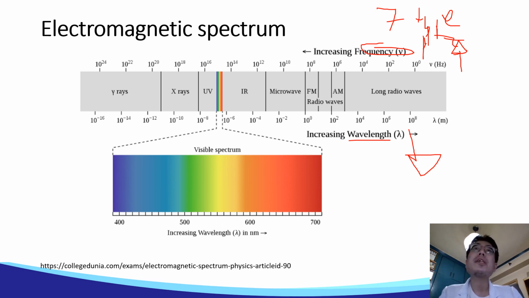The higher the frequency, therefore, the higher the energy of the radiation in question. Conversely, the higher the wavelength, the lower the energy. Which is why we can see in this diagram that gamma rays over here and X-rays in the left-handmost side belong to the higher end of the electromagnetic spectrum. Radio waves, on the other hand, because they have lower frequency but higher wavelength, belong to the lower energy part of the spectrum.